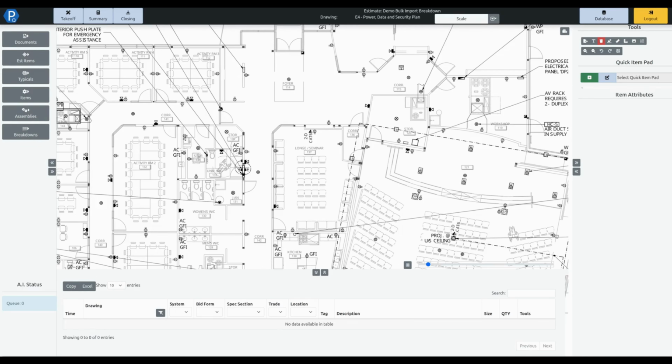PataBid electrical estimating software. Bulk importing of breakdowns. So when you're working on an estimate, it is very common to have a tender form that you need to